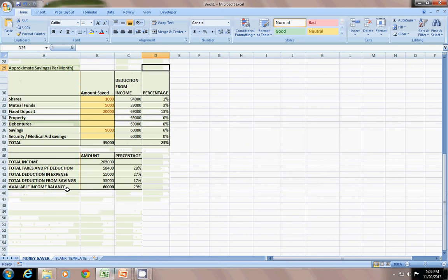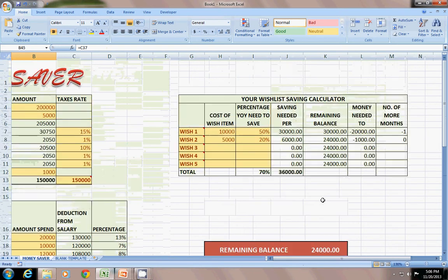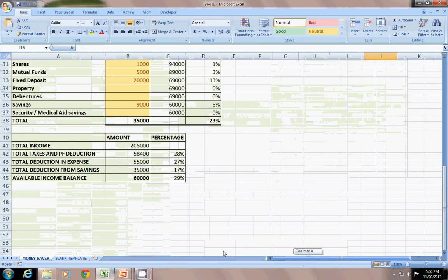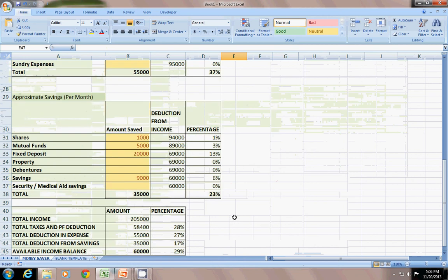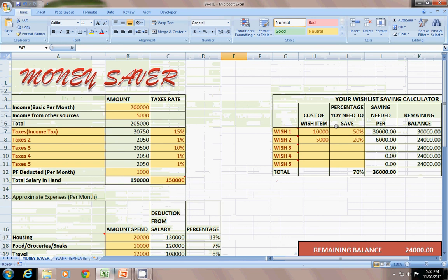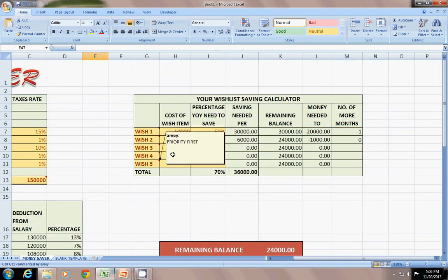Your wish list calculator. As you have seen here down, all these things are calculated and it shows the percentage of whatever you save, and the deduction in PF. So out of the remaining value, if you want to buy something, you can just select here. Here is a note, priority first. Suppose I need to buy something, let's say a computer, you just write here whatever you want